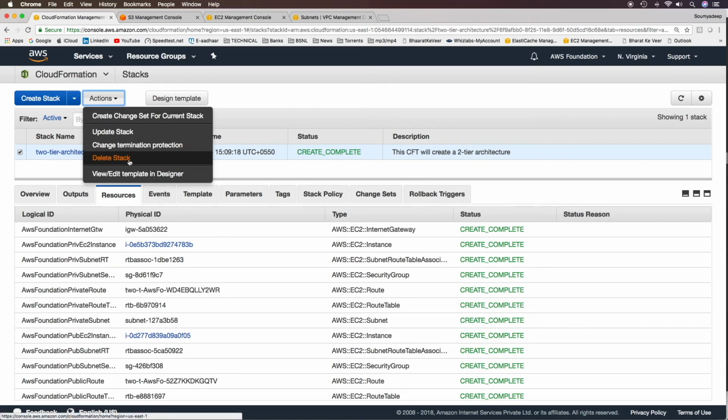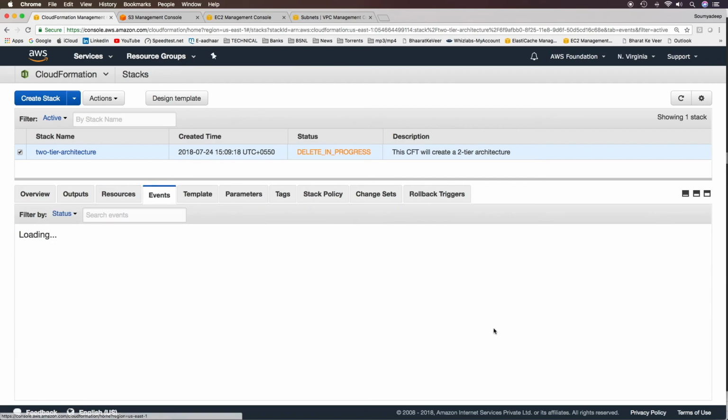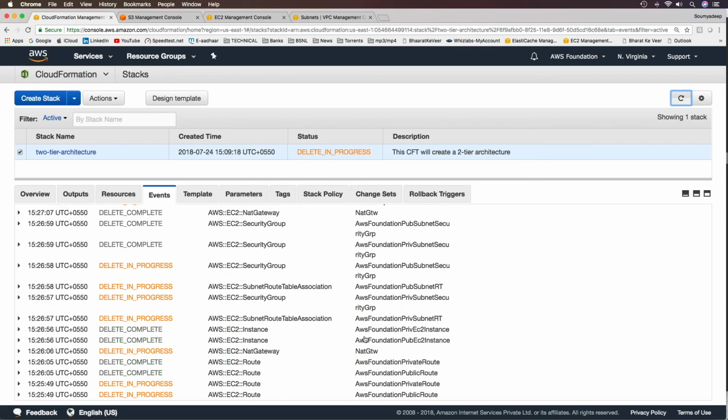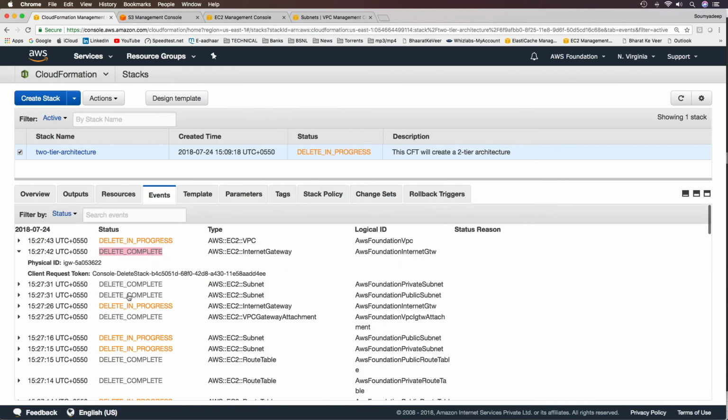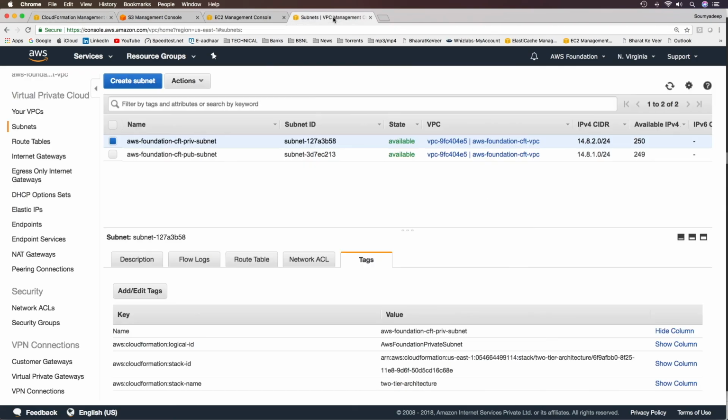Now if I go ahead and delete this stack, all these resources would be automatically deleted. We don't have to do anything. So if you delete the stack, everything will be deleted. There's something called deletion policy. If you mention deletion policy for a particular resource, that resource would not be deleted. Either it would be retained or its snapshot would be taken based on the resource type. In the events tab, it will tell you which resources have already been deleted. Whichever you see delete complete, all those resources have been deleted. Once the entire stack is deleted, all resources would be gone.